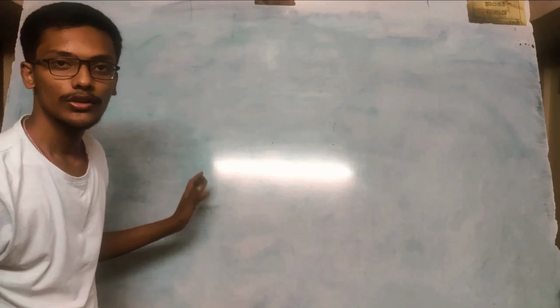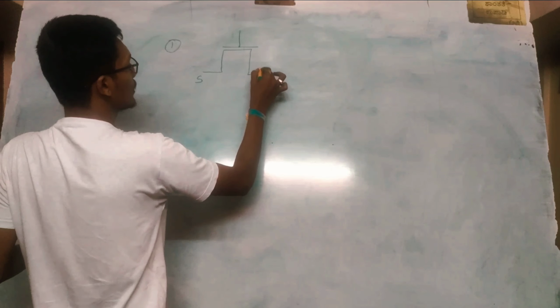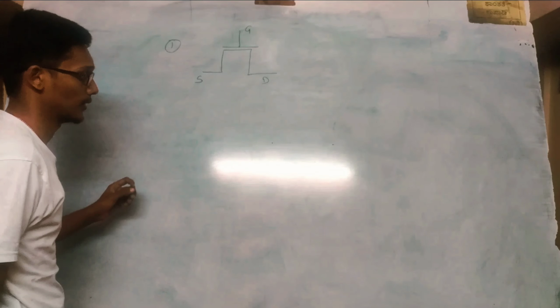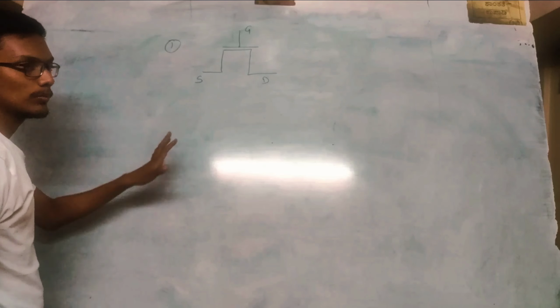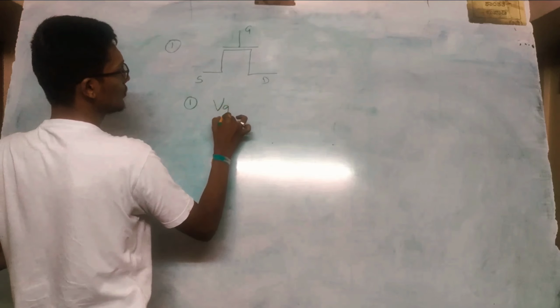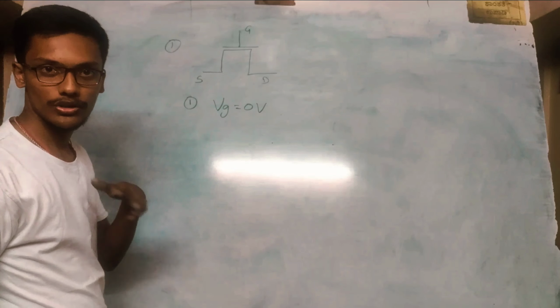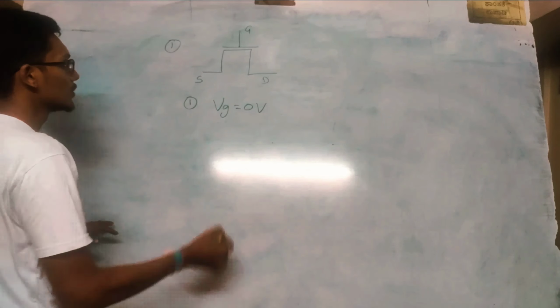Let's see. I'll consider a PMOS. This is my PMOS, this is my source terminal, this is my drain terminal, and this is my gate terminal. To keep the PMOS on, we have two conditions. First, VG should be 0 volts. We know that PMOS works at logic 0, right? So this is my first condition. Second condition is